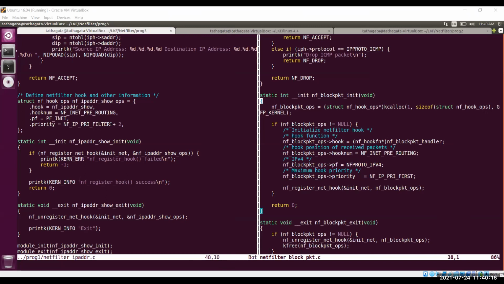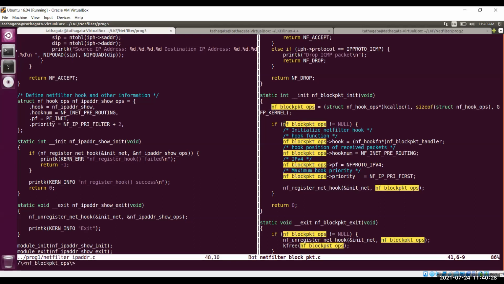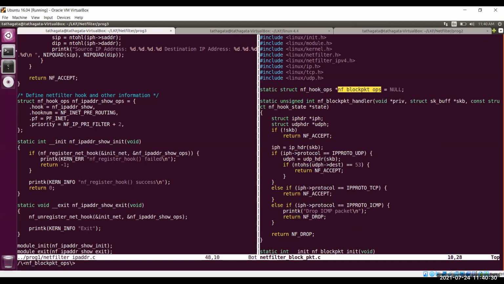You can specify this with malloc also. But yes, this nf_hook_ops needs to be global. That is true. There is no other way of doing that.